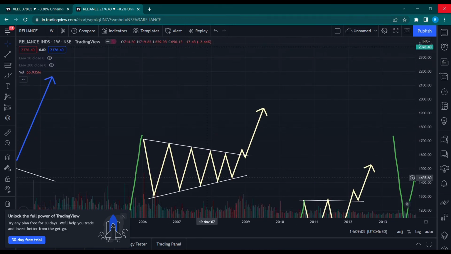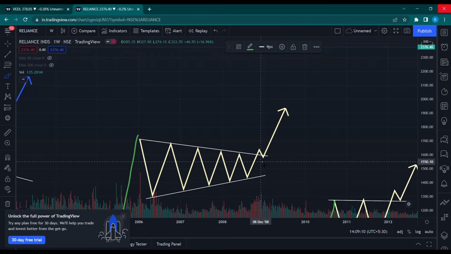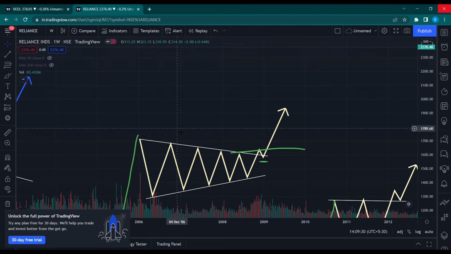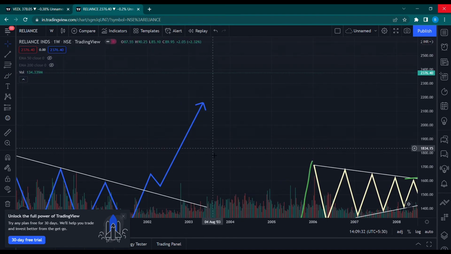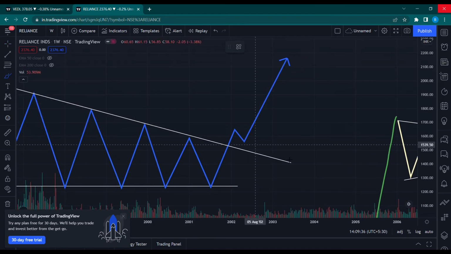In this case, you usually set a stop loss just below the retest swing low, right? After the retest is complete, you can set your stop loss just below it. Or if you see here, this is actually a resistance zone, which on breaking might go up. So you can place your stop loss just below this trend line, or maybe any other important level here as well. That can be a good strategy, right? Wherever it retests, you can put the stop loss below it. Same as in this case, you can put your stop loss just below this one, right?